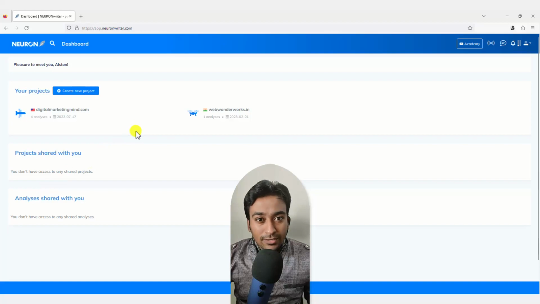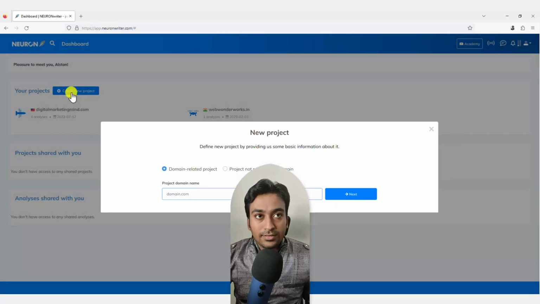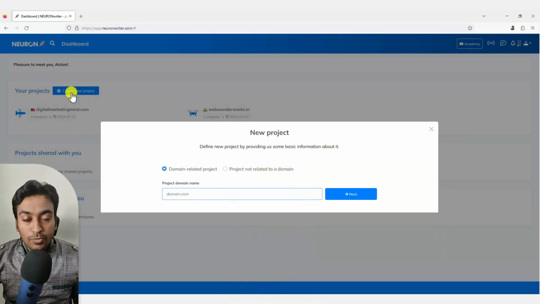Now for me to explain this tool very well, I'm going to showcase all the things within this. First, let me start by creating a new project. A project is sort of like a folder, which will work as your main website. It will make organizing much easier if you have multiple websites or projects. So you can organize all the content related to that particular project within that folder itself. And it also allows a lot more functionalities and features when you add the domain itself. For example, it's asking whether it's a domain-related project or just a project not related to a domain.